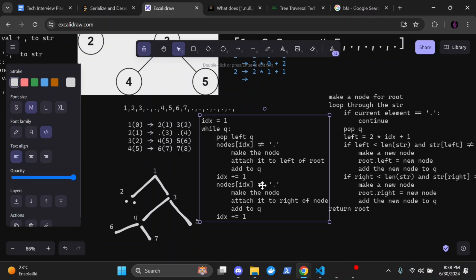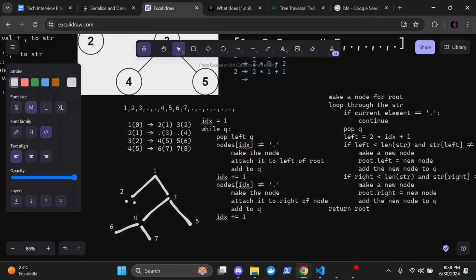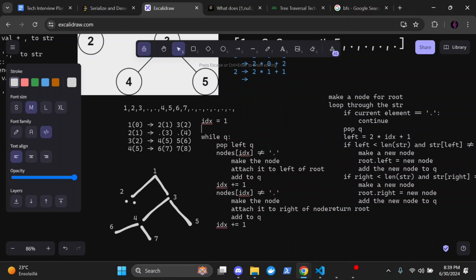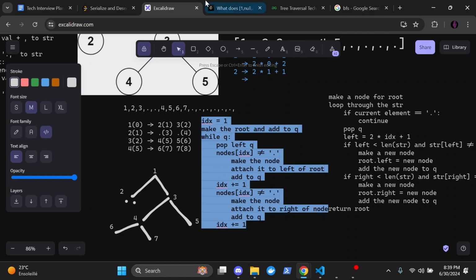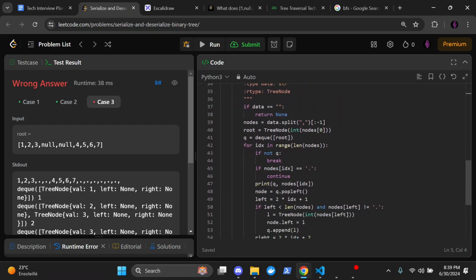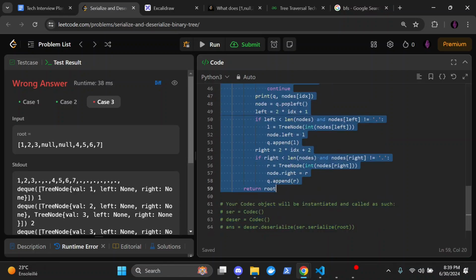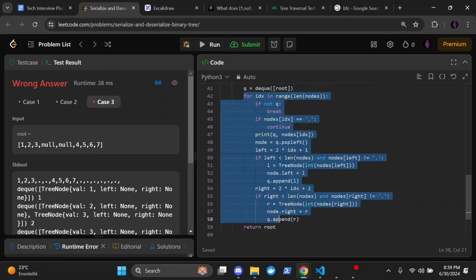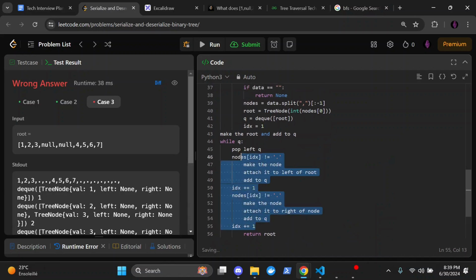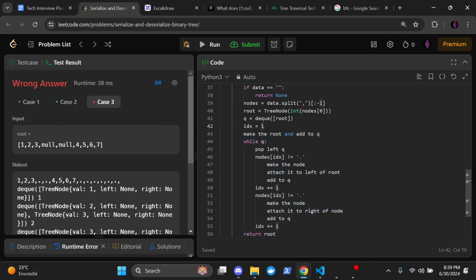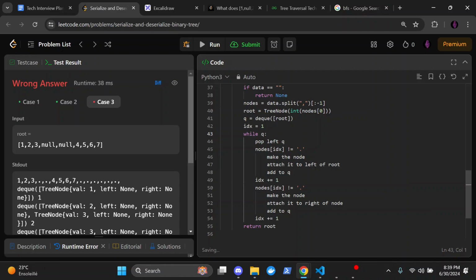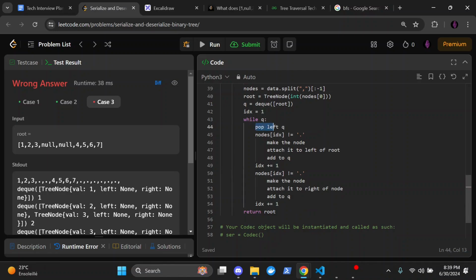Let's try. Okay, can try it. So this, I believe, either we add the indexes first and we remove this, like we start it from 0, or I believe we could just initialize the queue with the root and make the root here. So make the root and add to queue. So it is initialized, so we can just start from 1. And at the end, we just return the root that we made here. So let's try with this. So yeah, it's basically the same thing we did here. So we already made the root, we already made the queue, and we're starting the index from 1, and so